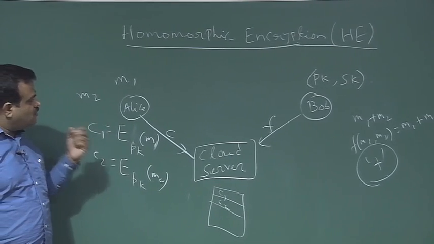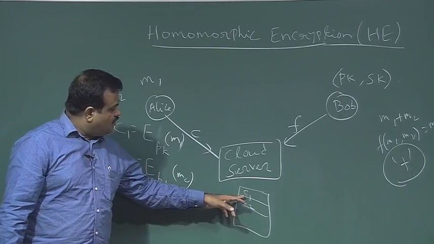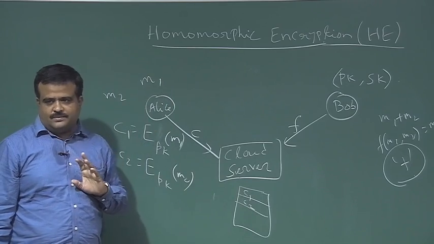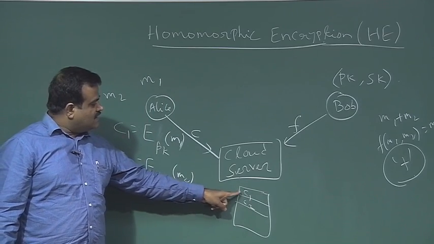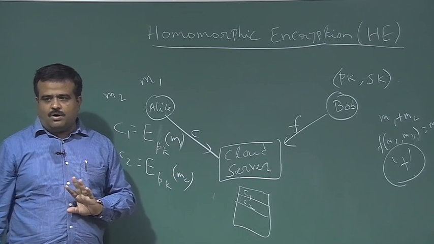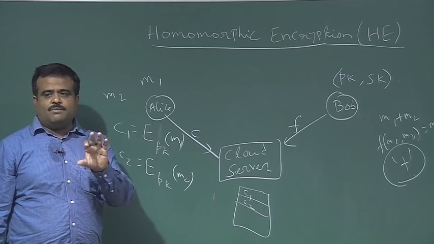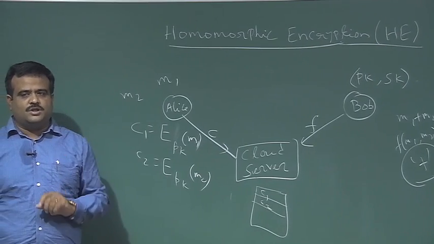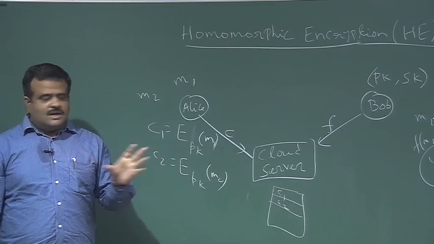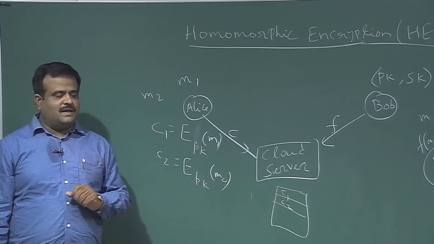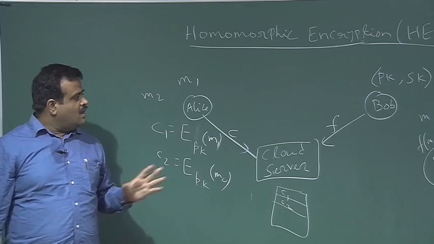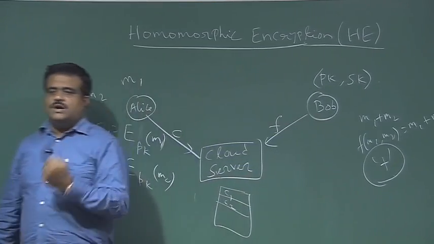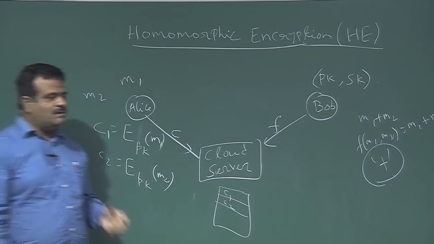So what can Bob do? If it is just public key encryption, the cloud can send C1 and C2 separately to Bob, and Bob will decrypt them, compute M1 and M2, and then compute F of M1, M2. This is the usual public key scenario. But here suppose Bob is using just a small device which may not be able to